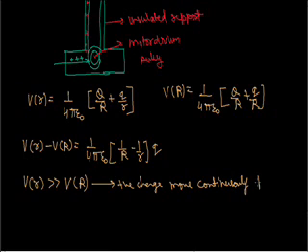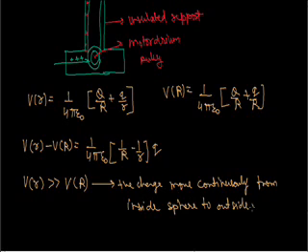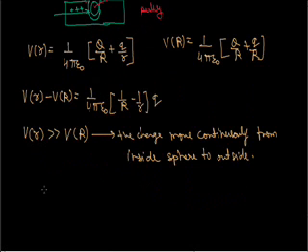So positive charge moves continuously from the inner sphere to the outside, and we continuously get charge and a potential of high voltage of the order of millions. This goes on until the potential reaches near the breakdown voltage of air, which is 3 into 10 to the power 6.